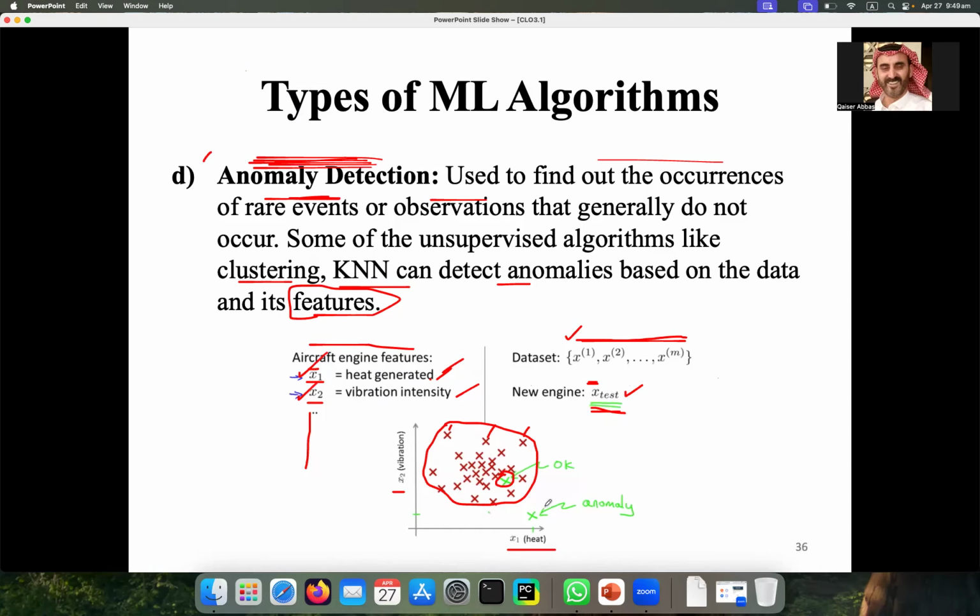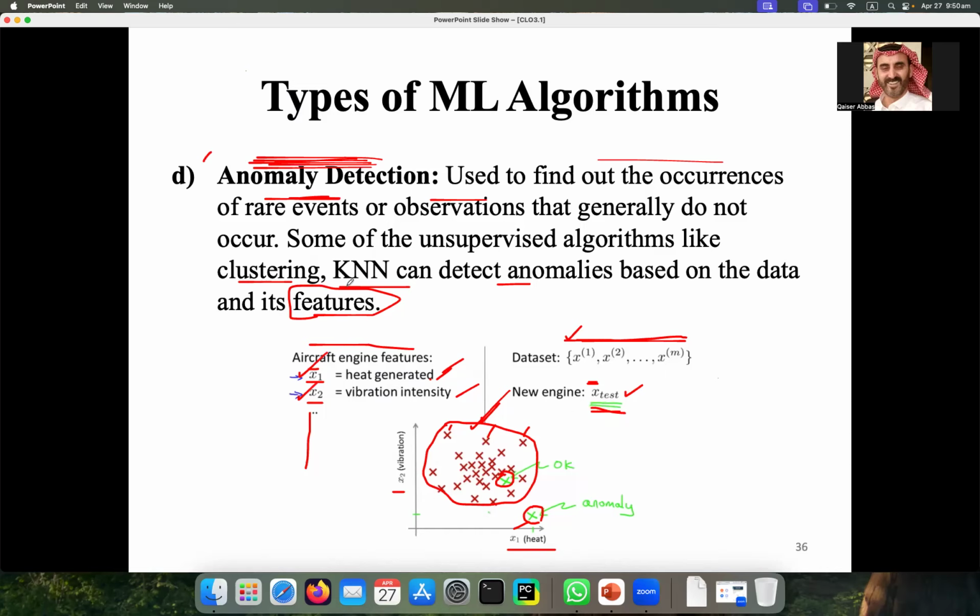But if your model plots it a little far from the data set, then this would be an uncommon event or rare event, or you can call it that now this is the anomaly.